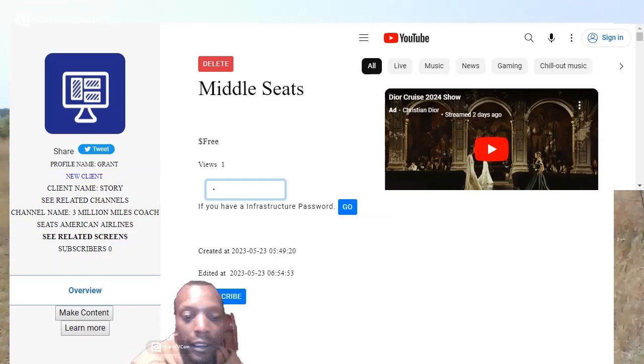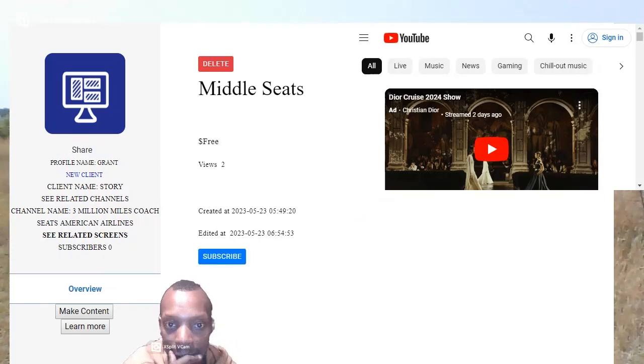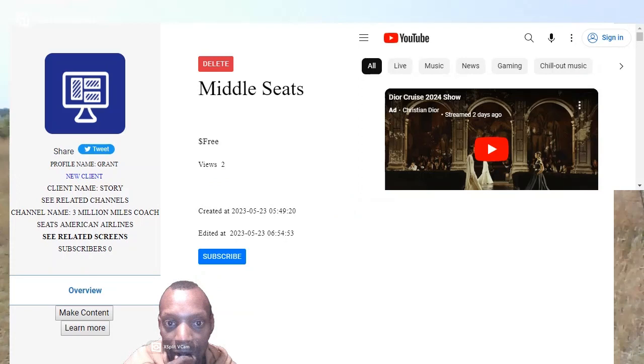You also have an opportunity to add a link where someone can click and get automatic access. Alright. Infrastructure password entered. And we're in. There you go.